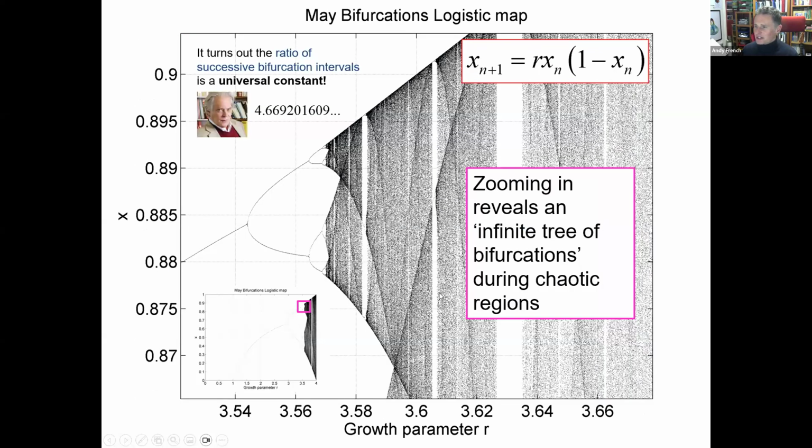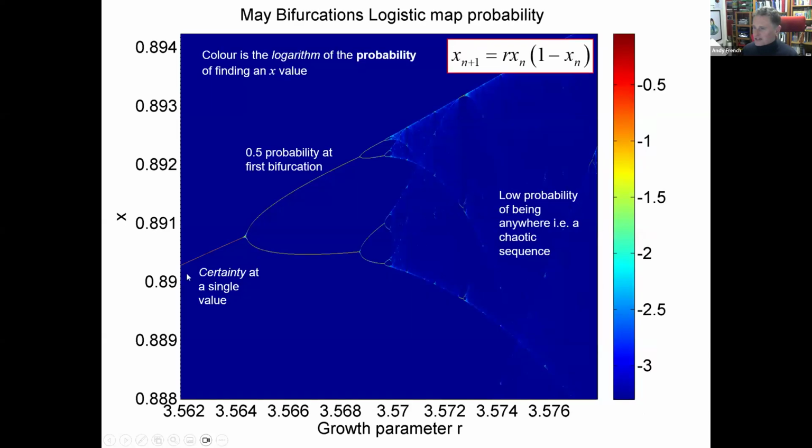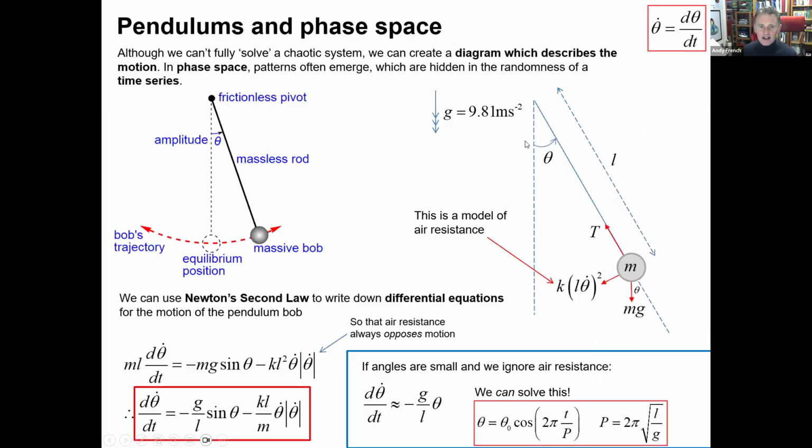In fact, if you take this, you can actually work out the probability of it being within a certain range. I don't know if this comes across, but there's certainty for the first bit when R equals 1. And then, actually, no, this is a zoom, within that tiny region. So you've got certainty here, and then a bifurcation, and then it becomes really low probability. It's completely chaotic. So you have order and chaos at every scale within this structure. This amazingly complex structure comes from just a basic quadratic equation. Fantastic, isn't it?